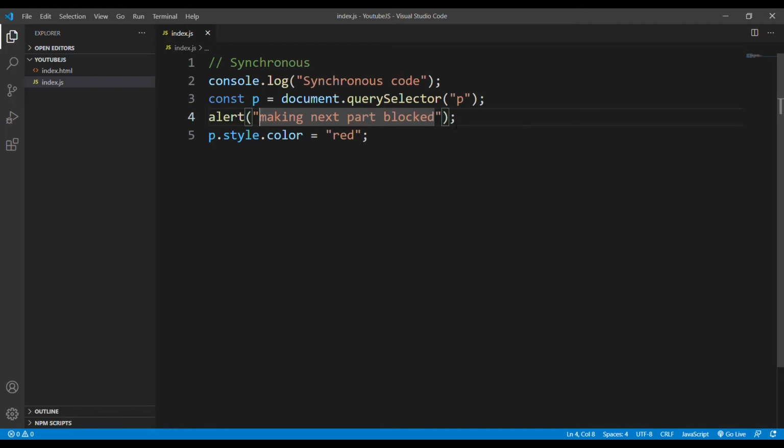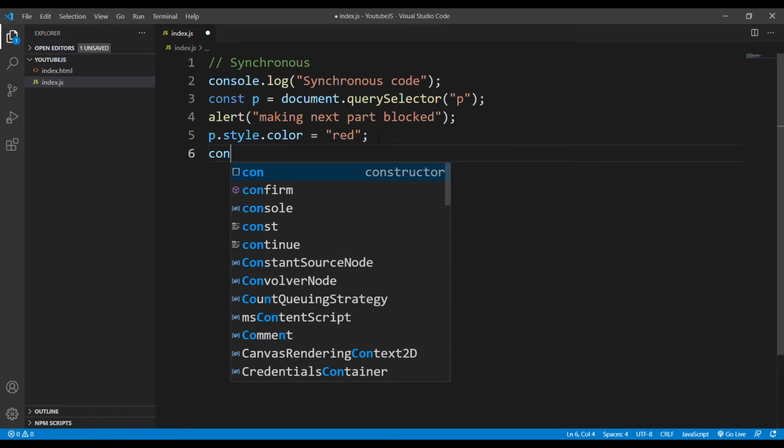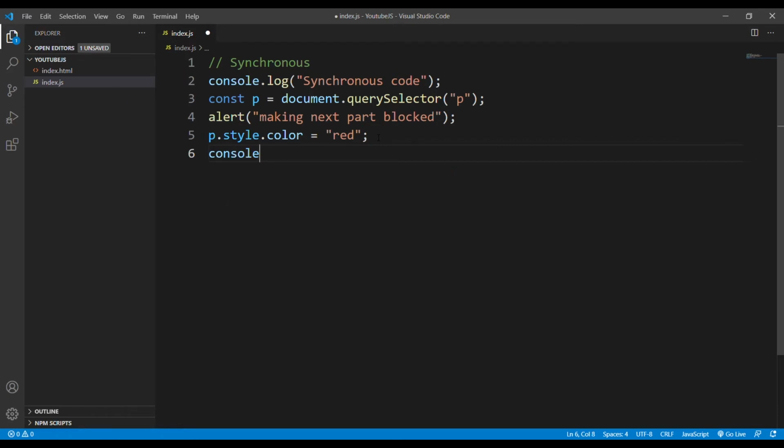So for example, if there is an alert box, the rest of the code will not be executed until OK is pressed there. Okay. So if I write something else here, like console.log something, my JavaScript code will run till this alert line, until I press OK, and this part of the code will be blocked.